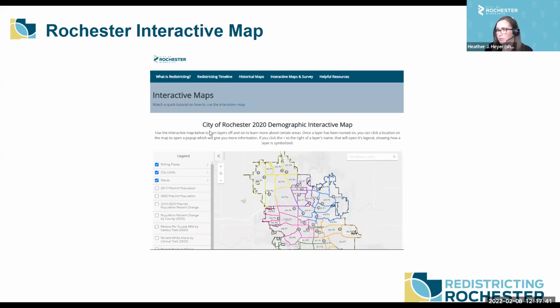So I am going to zoom in a little so we can see this more clearly. The legend section of this map allows you to select several layers that you can view and see the population. So I'm going to start by going through the population change since